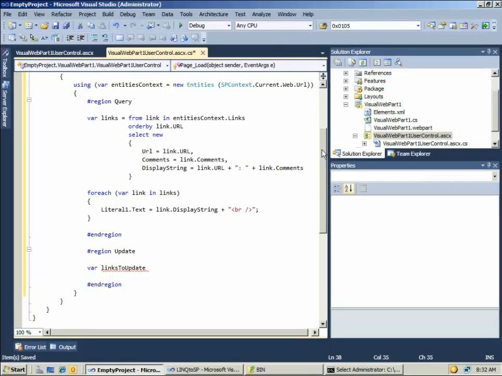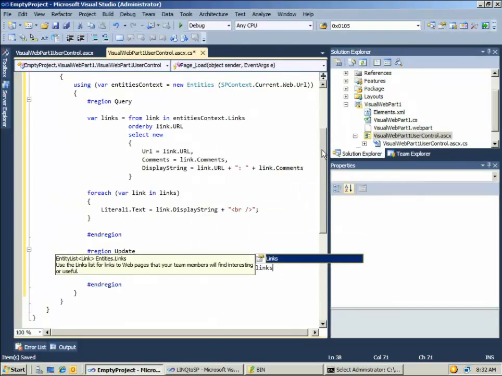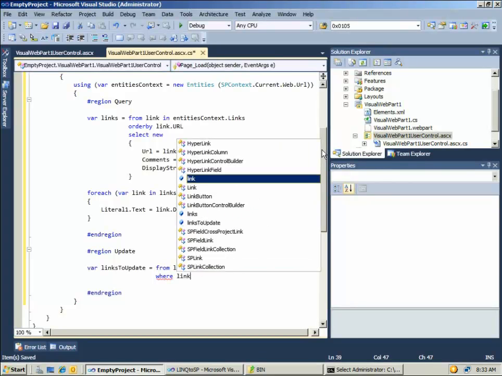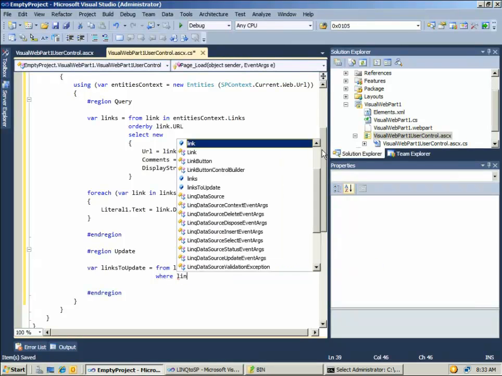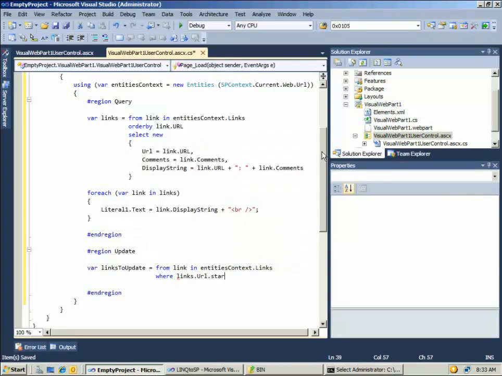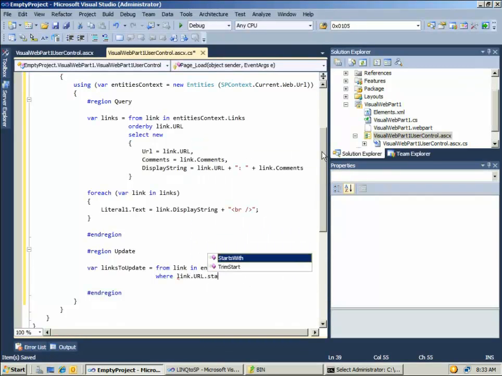And the reason I want to select a specific link, I don't want to update all of my links, so instead of reusing the previous query, I'll just create a new one here. Entities context links, and I'm going to add to this query a filter so that I can only include links with a URL that starts with